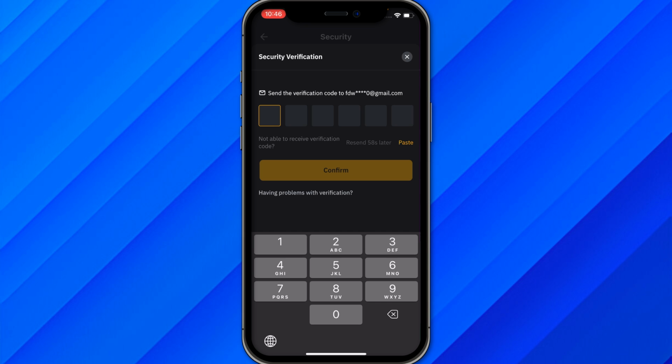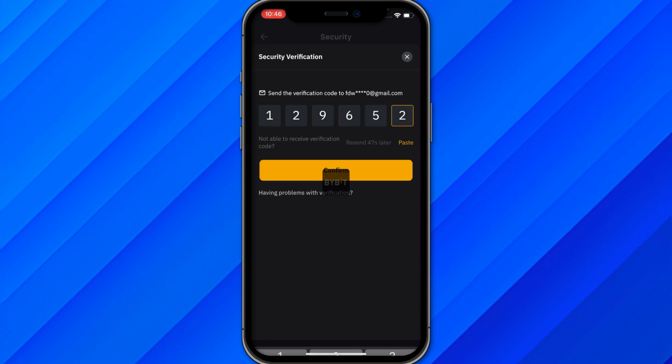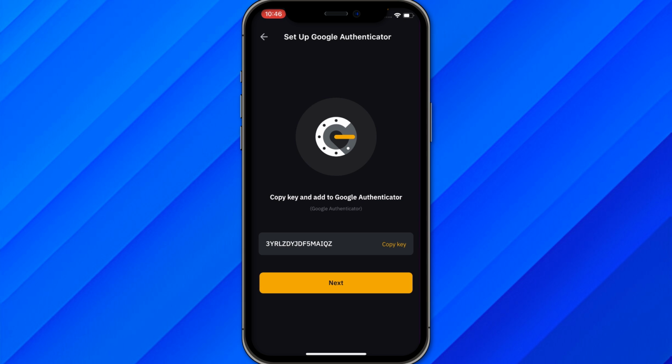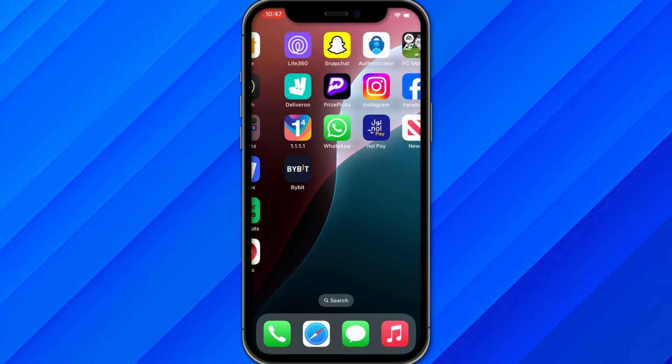As you can see, they have sent a code to my email address. So let me just get my code and enter it, 129652. So this is my email code. Click on continue, and from here you can just copy the code, and once copied, just go back,